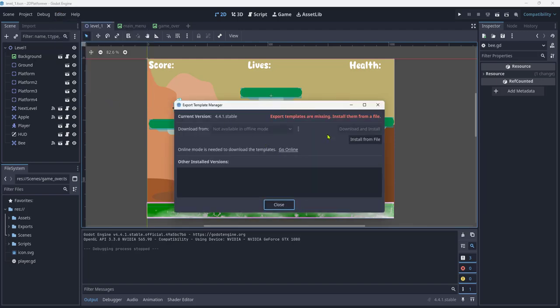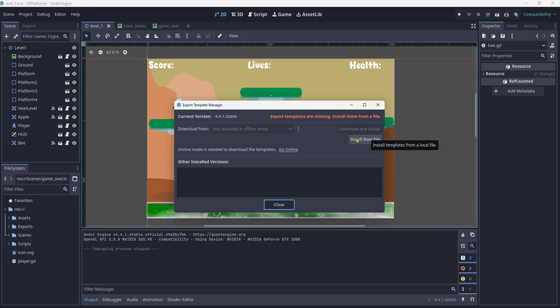Now, in this window, export templates are missing. Install them from file. Now, there's two ways you can install these export templates. One is from the download and install. Now I've disabled that because I didn't want to be disturbed during these video presentations, but I'm going to select